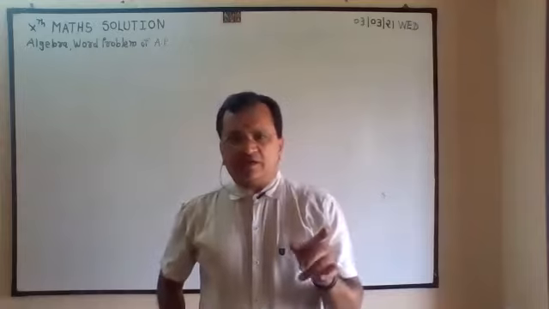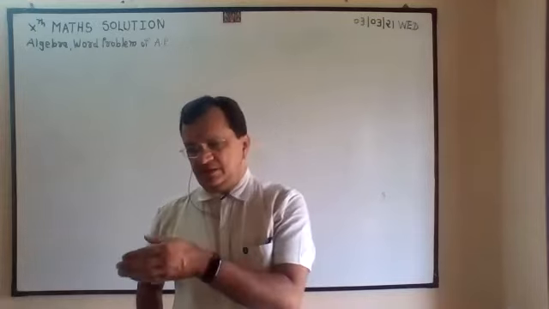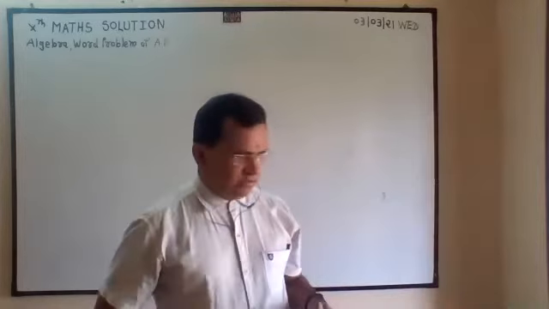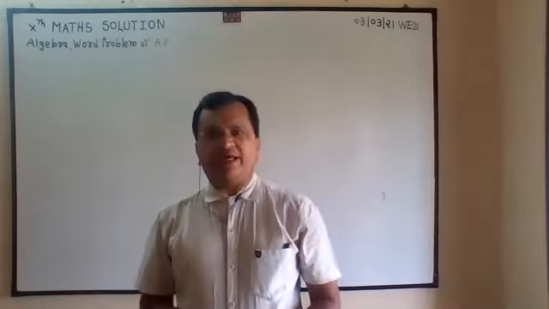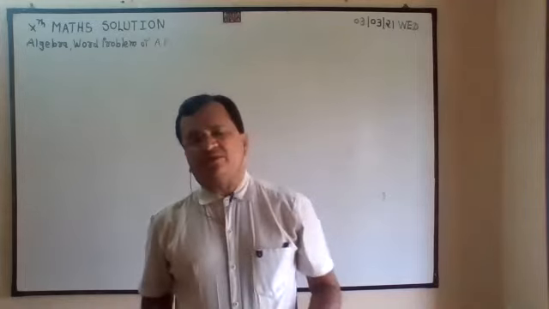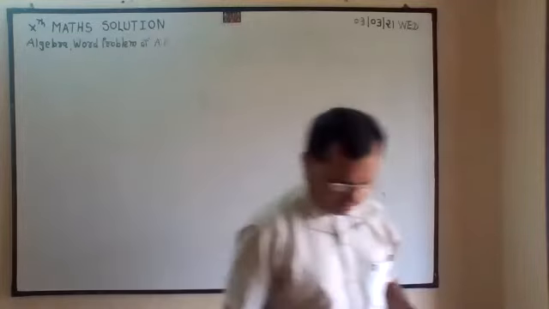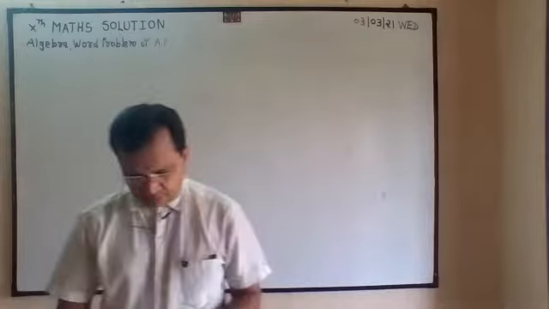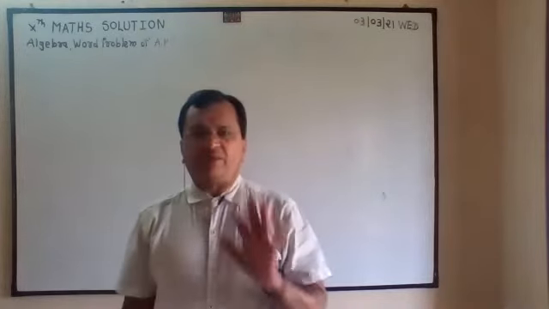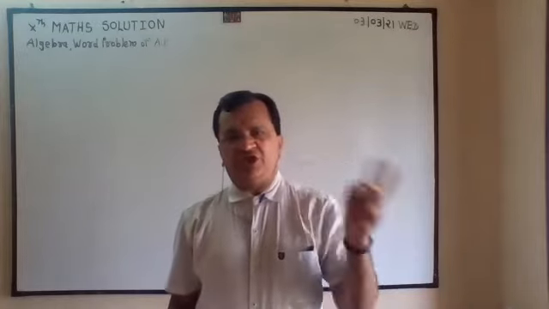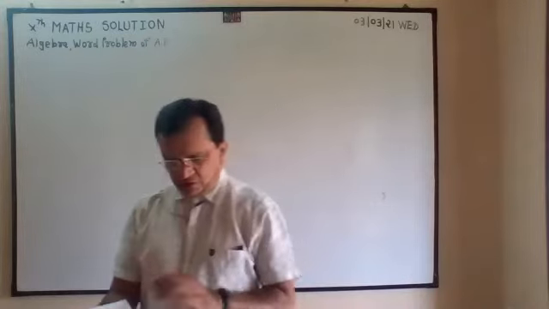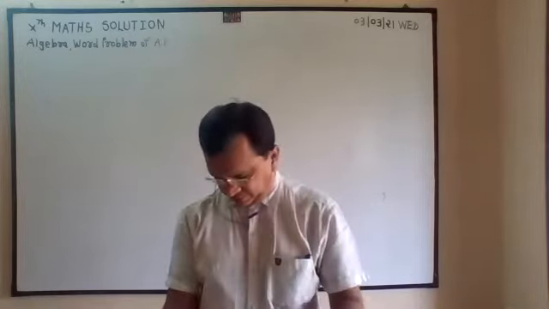In algebra, as per the reduced syllabus, there are only four chapters, and from the fourth chapter, for example trigonometry, there are no word problems. In quadratic equations we have revised word problems. In simultaneous equations we have revised word problems. Now we are going to revise word problems from AP, arithmetic progression. In probability, word problems are cancelled, so only in three chapters you have to face word problems: quadratic equations, simultaneous equations, and AP. So two we have completed, now the third one.